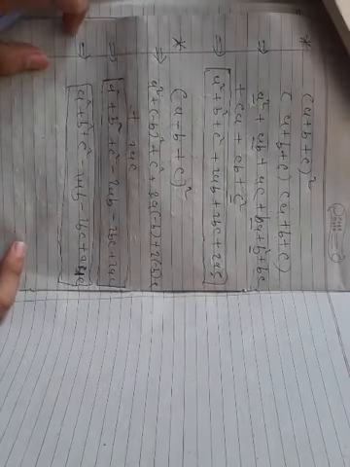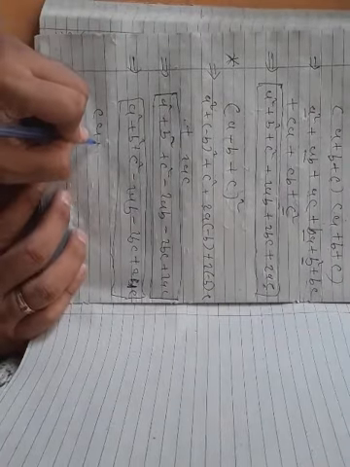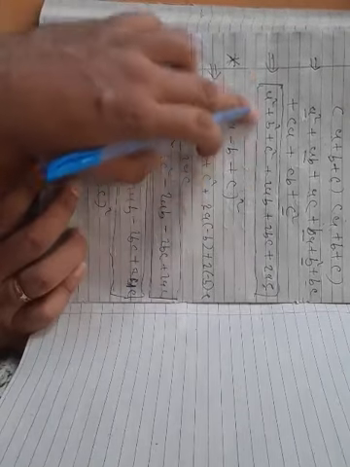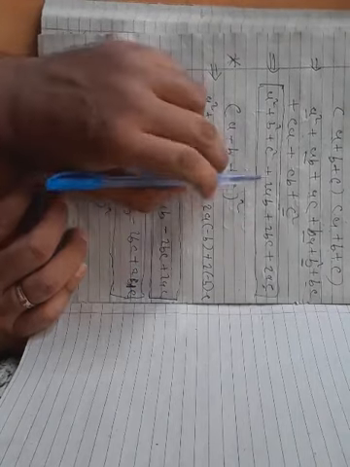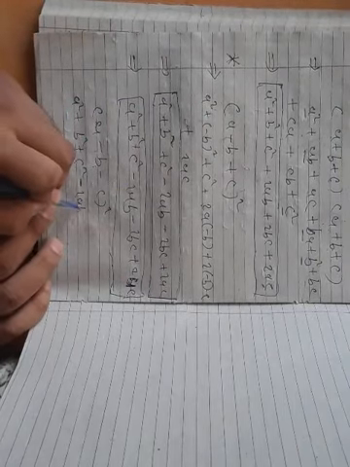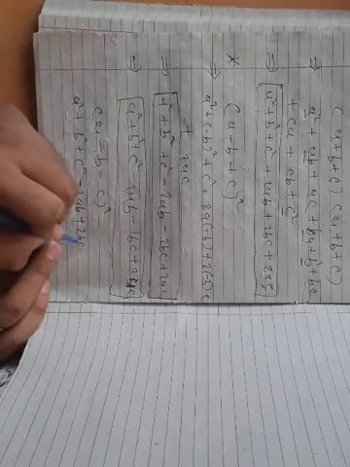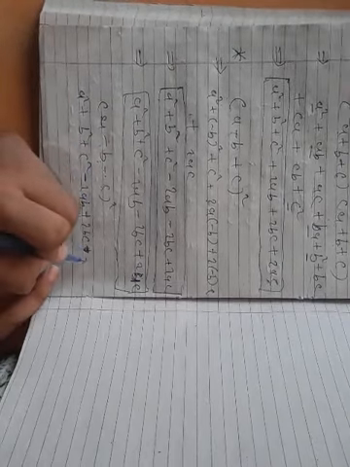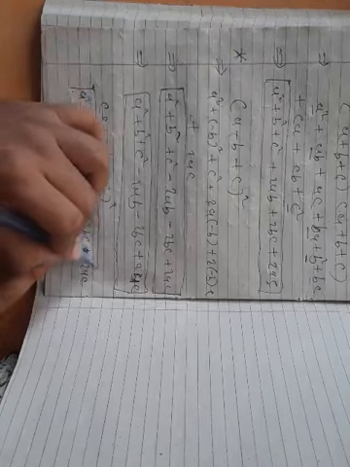Now suppose there is a formula (a - b - c) whole square. How will you do it? You can do it the same way. All the square terms are always positive. Now you have to do 2ab, which is plus minus, so minus 2ab. 2bc, minus and minus is plus. 2ac, it is plus and it is minus, so it will be minus 2ac. That is how you can have the answer.